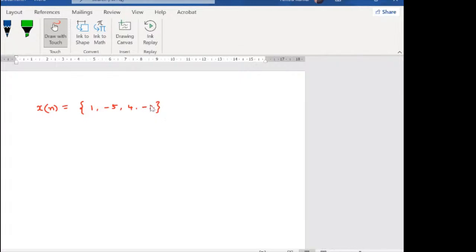Let us say these are the samples of a signal. So how do you plot them in digital signal processing? You plot them like this. This side is xn and x-axis is n. In order to indicate that n equal to 0 is here, this arrow is always put. So this is n equal to 0. The value of the sample is 1. Then this is minus 5,